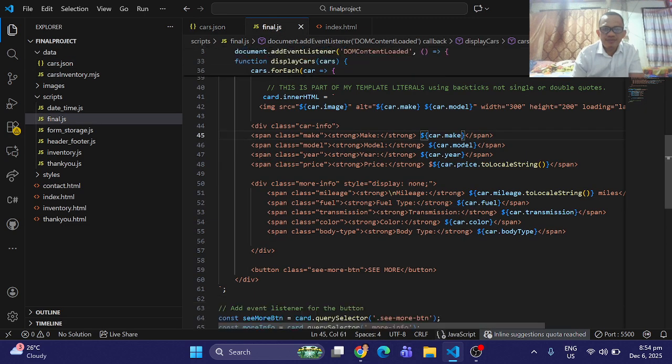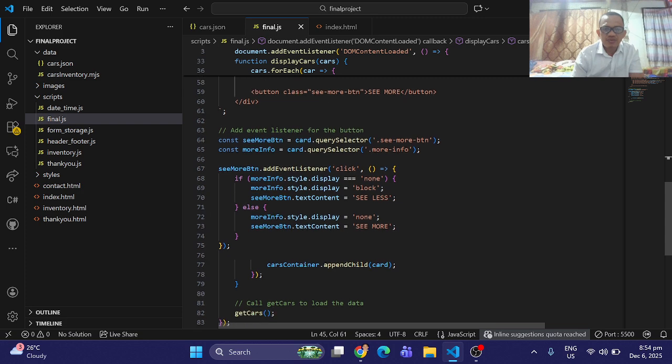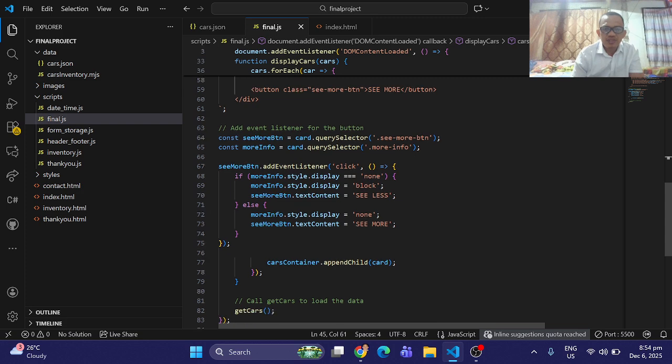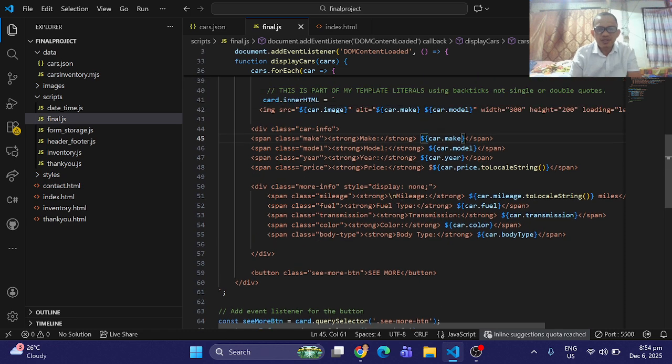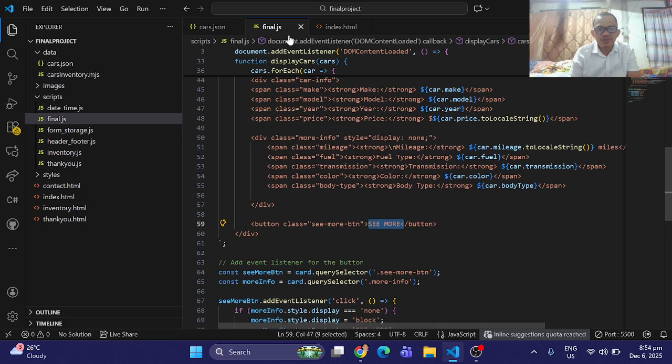And then at the bottom, I am also using an additional button. If the customer or the user wants to see some additional features, then the additional button is for this one, the see more button.